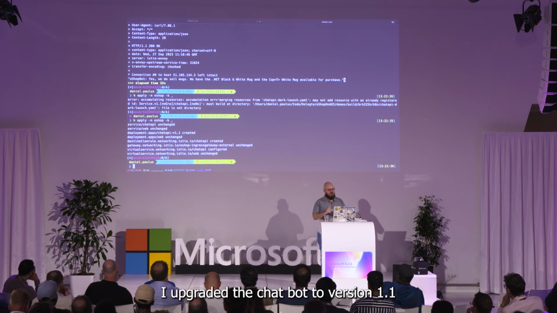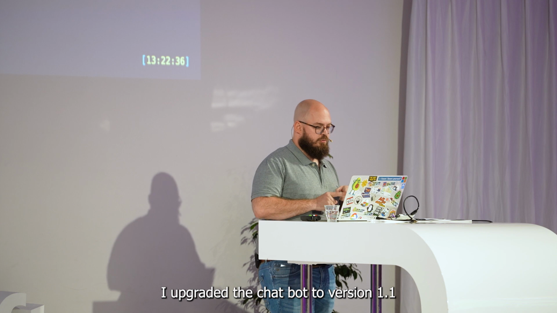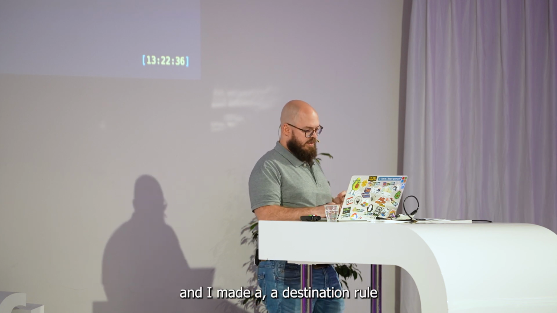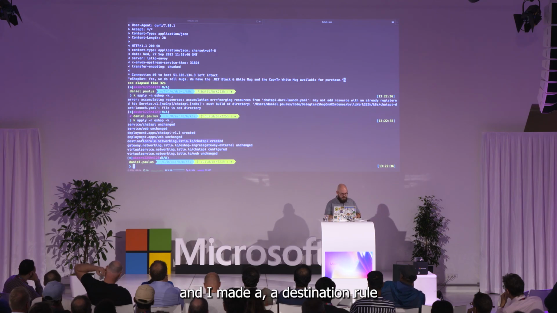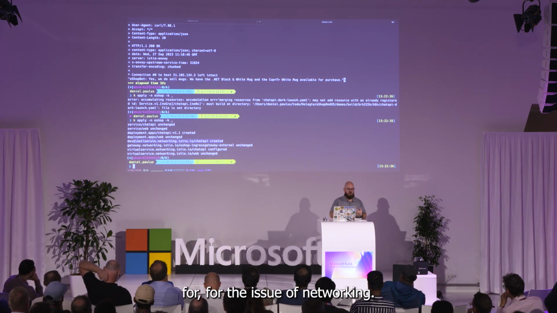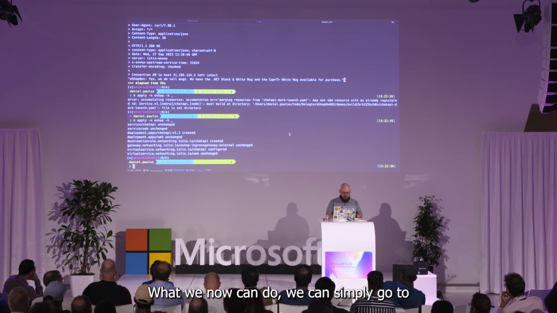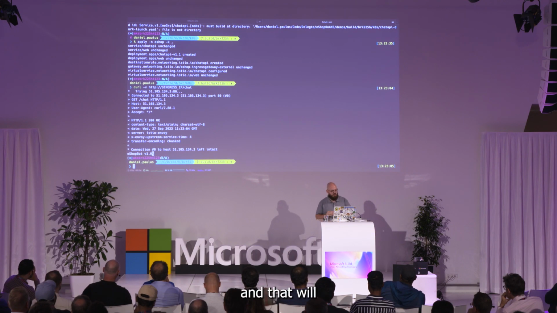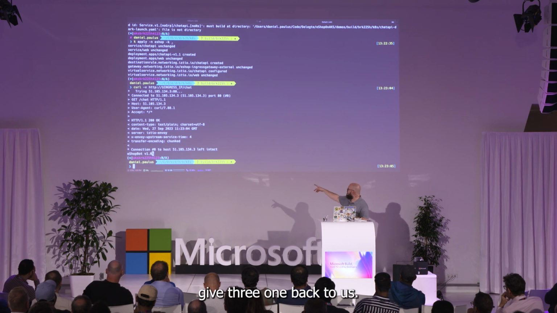So what I just did, I upgraded the chatbot to version 1.1, and I made a destination rule for the Istio networking. What we can now do is simply go to the chat endpoint, and that will give v1 back to us.